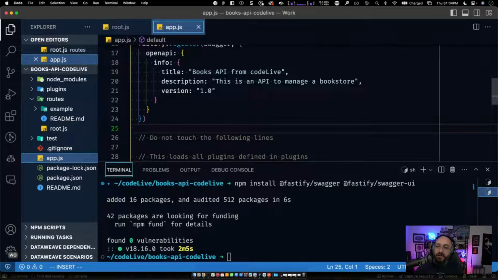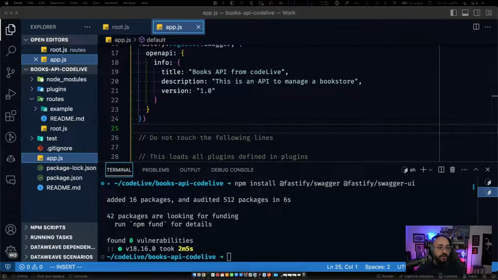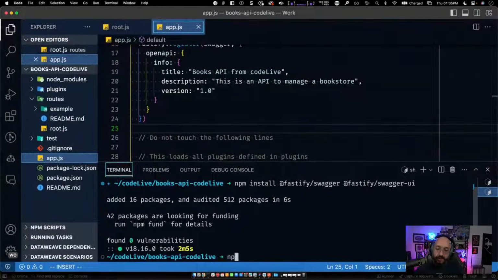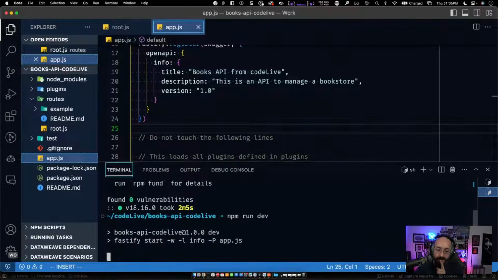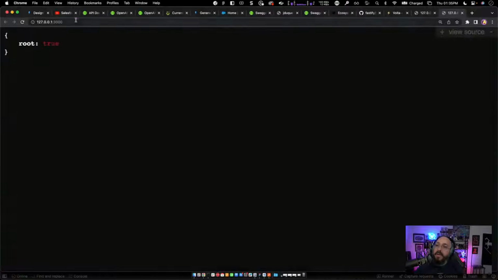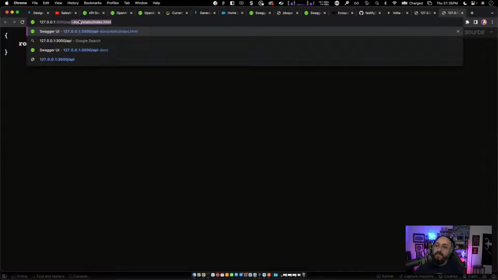It's the only thing that we are going to be doing right now. Okay, that's the only thing that we are going to be doing right now. If we launch this project, let me see if we have any error. Everything is working perfectly. And let's see if we can get the API docs